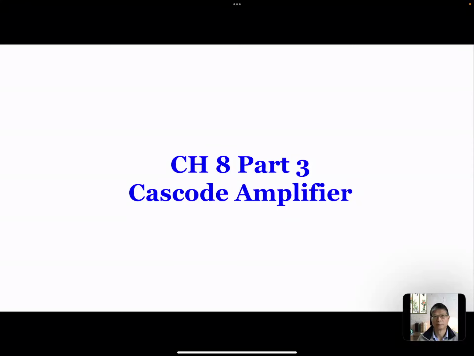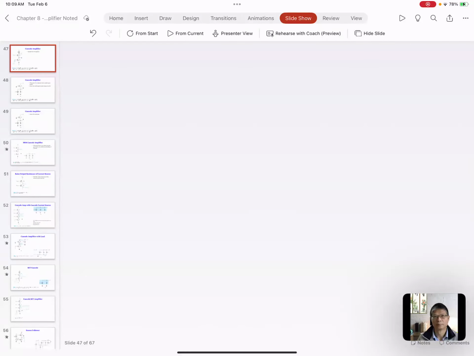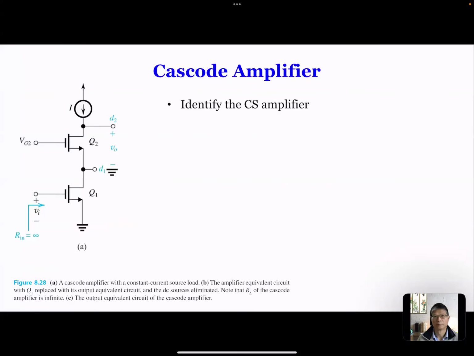So one of the very important things that we will be doing, in fact, is how do we increase the gain of a basic amplifier? Typically, you already know the gain of a single common source amplifier. So let me start maybe writing in some notes. So the simple common